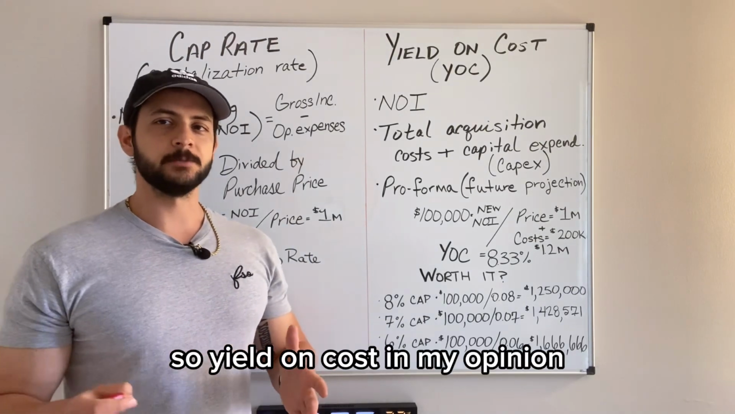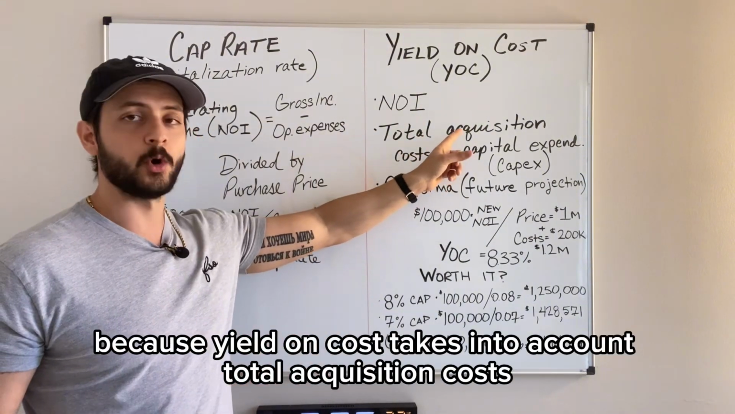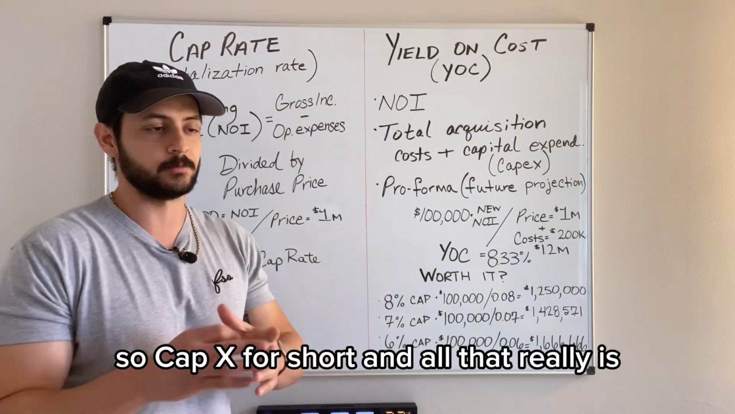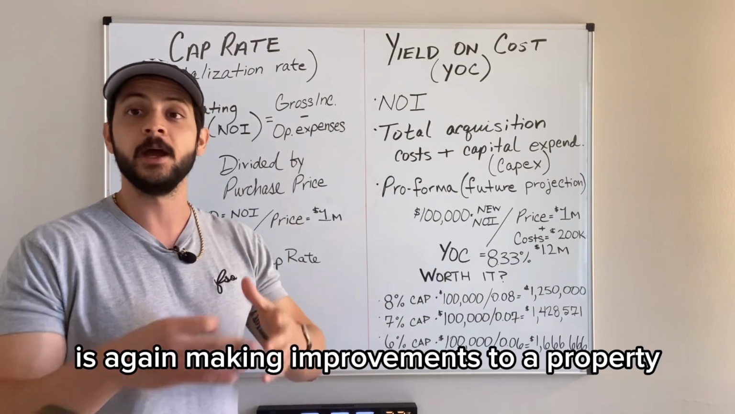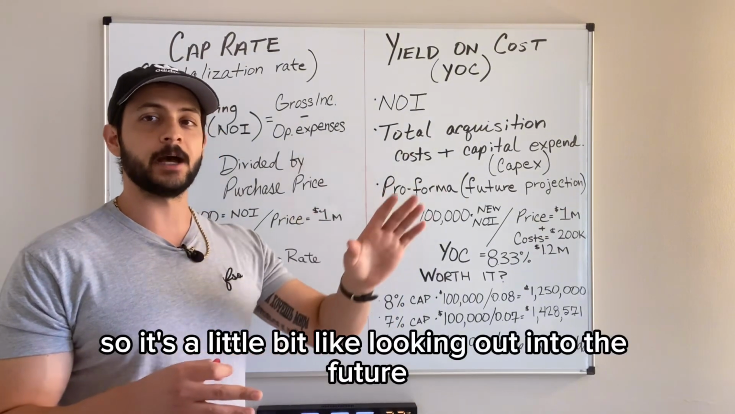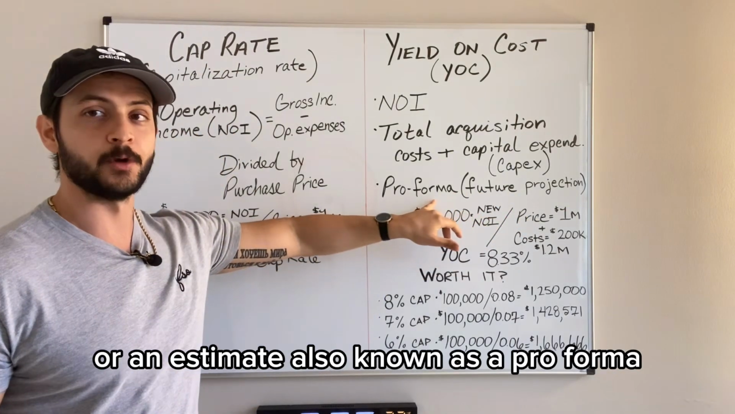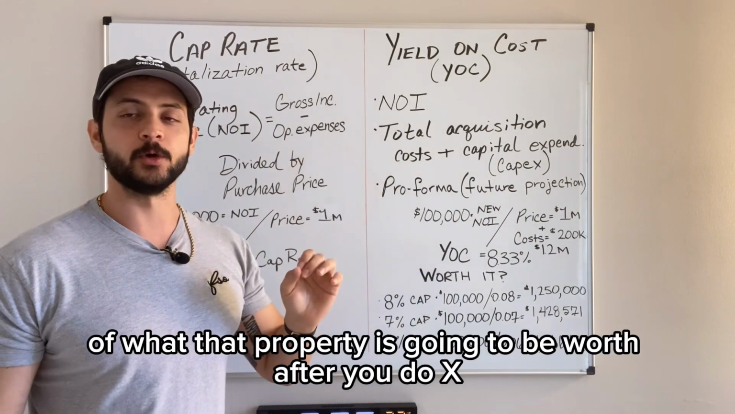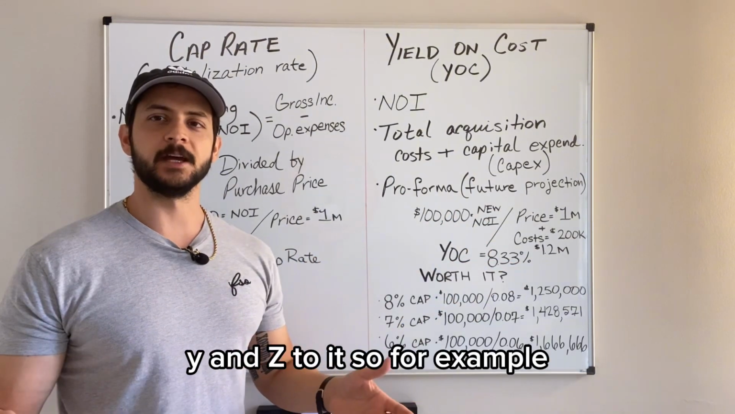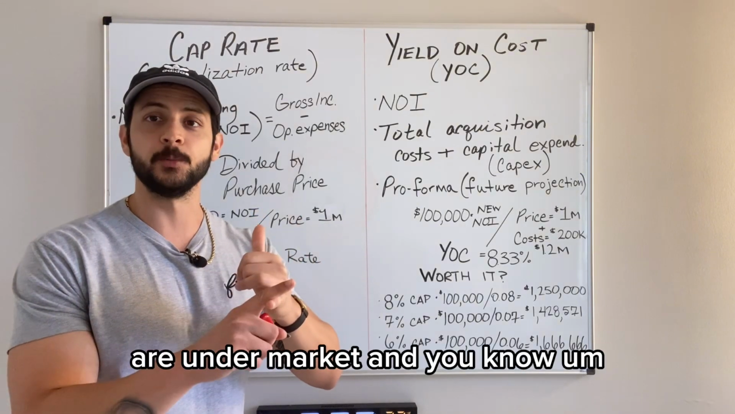Yield on cost, in my opinion, is a little more precise, because yield on cost takes into account total acquisition costs plus what are called capital expenditures, or CapEx for short, which is again making improvements to a property. It's a little bit like looking out into the future and trying to make an estimate, also known as a pro forma, of what that property is going to be worth after you do X, Y, and Z to it. So for example, let's say you find a property and you say, hey, all the tenants' rents are under market,